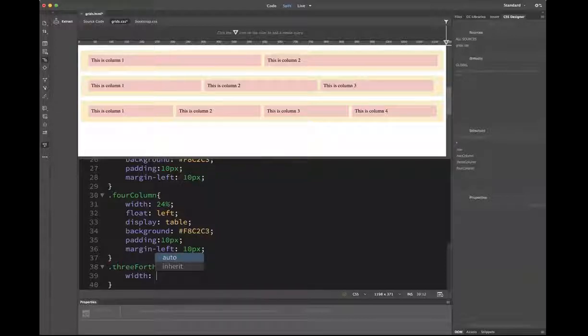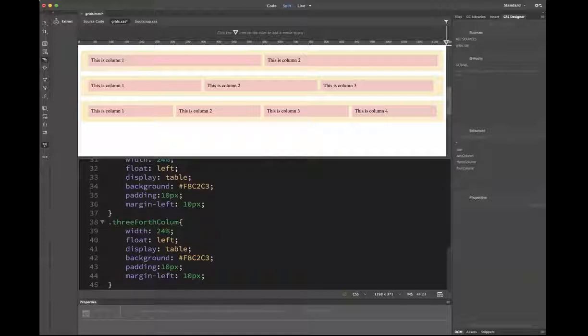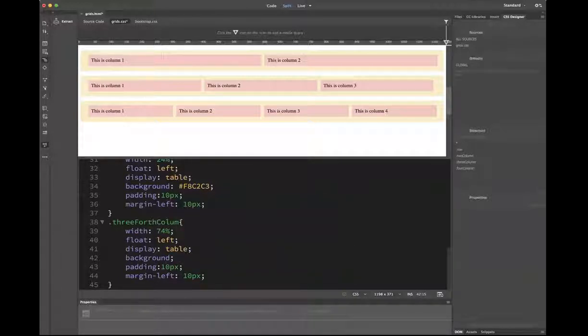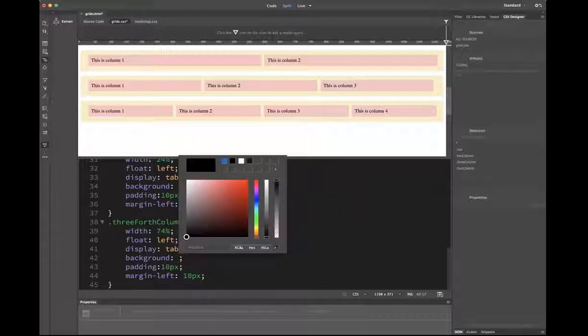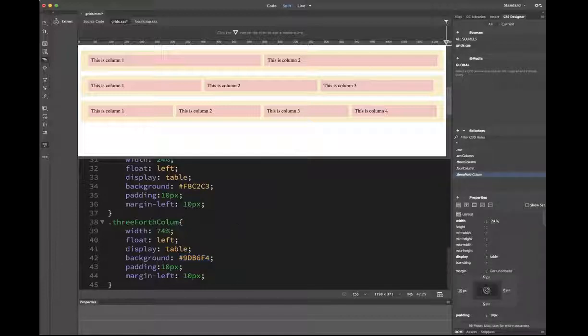So now, since I know I'm going to have all of these same rules here, I'm going to copy this. I'm going to paste it. And oh, it's supposed to be 75. I'm going to set it at 74. And I'm going to change the background color just because it's a totally different type of rule. Let's go with a lighter blue shade. Like that. So now if I go back to my code,